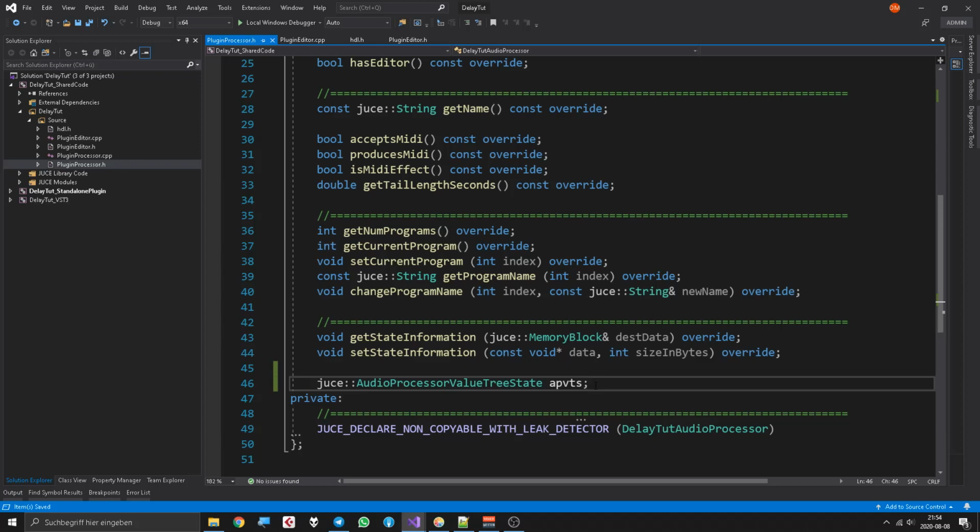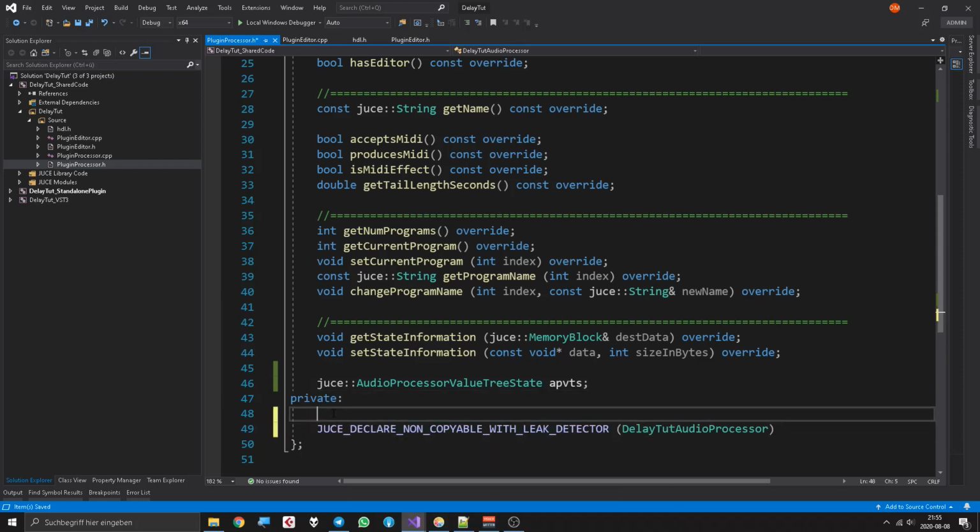Then a lot of different inputs come together. What should happen then? The audio processor value tree state handles all that, which is really cool. And it also handles undo management and preset management, and saves the state when the GUI is closed. That's all stuff that's being handled automatically in AngelScript, but this is how JUCE does it, which is pretty cool